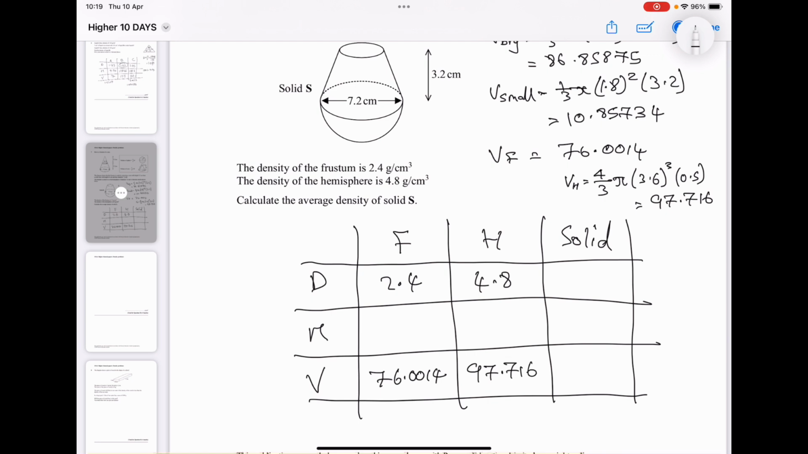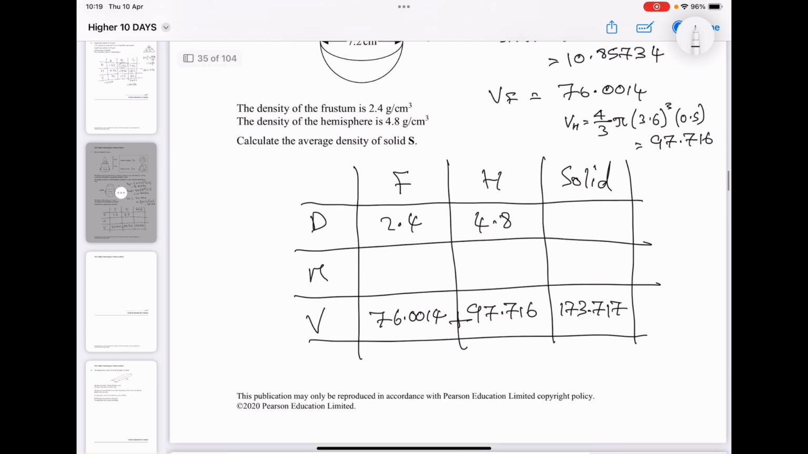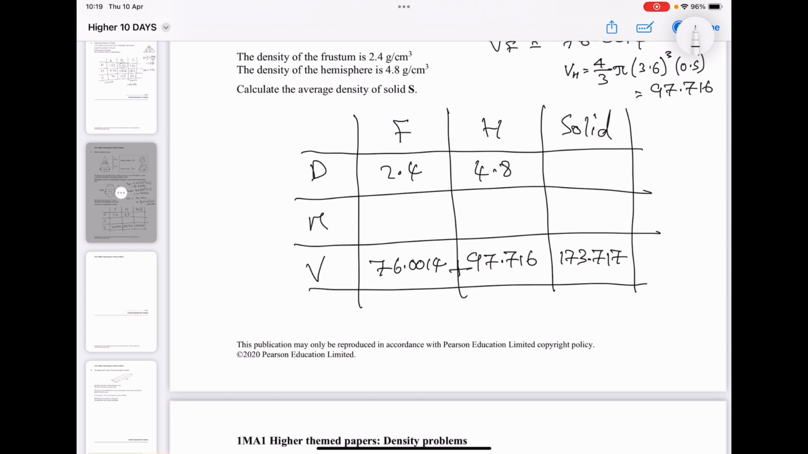97.716. If I add those two together, plus 76.0014, put an add in there if need be, it gives me 173.717, three decimal places. Then all I've got is my mass, just remembering that density is mass over volume, so just times these together, 2.4 times 76.0014, so 2.4 times 76.0014 equals